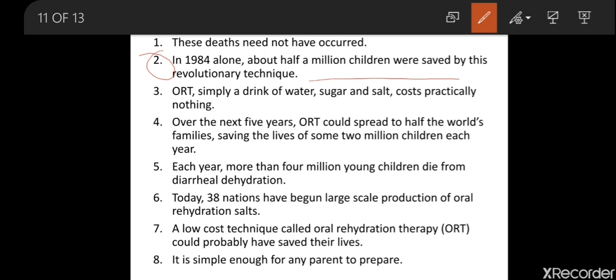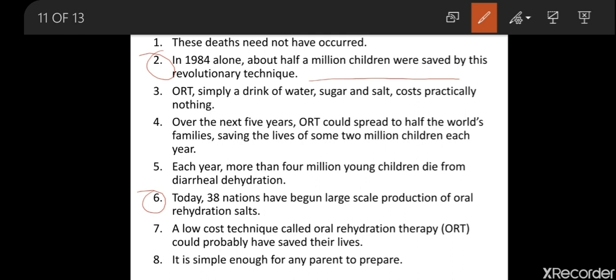One is about the present tense. Today, 38 nations have begun large-scale production of oral rehydration salts. What has happened now is the current scenario.